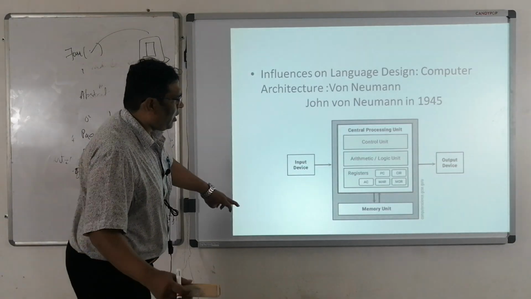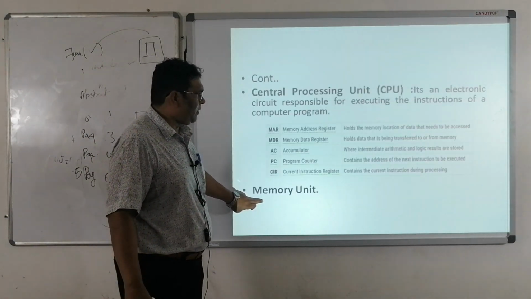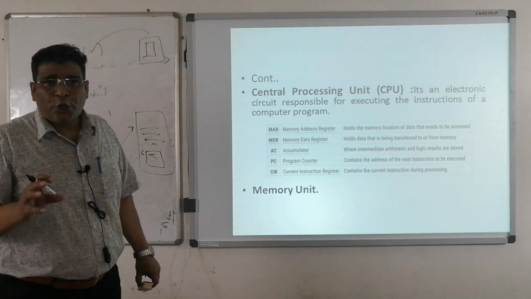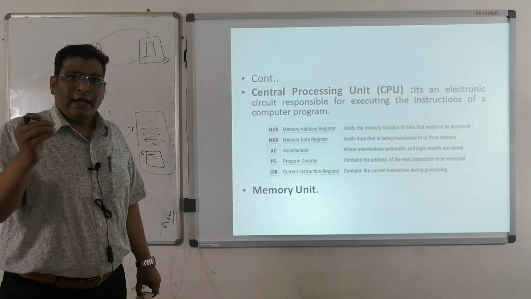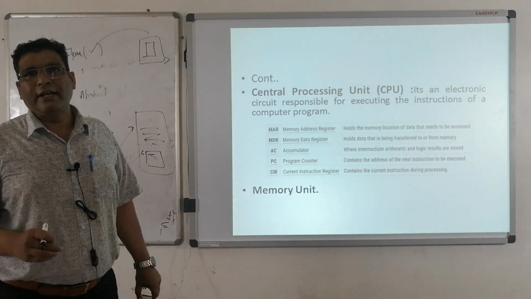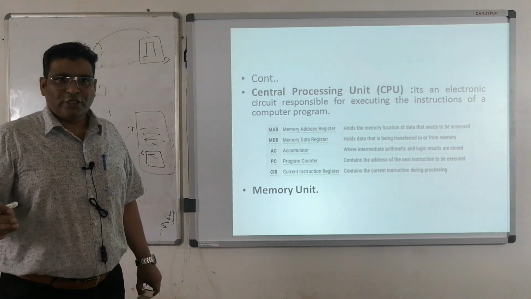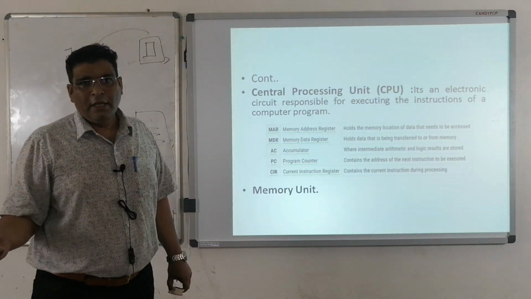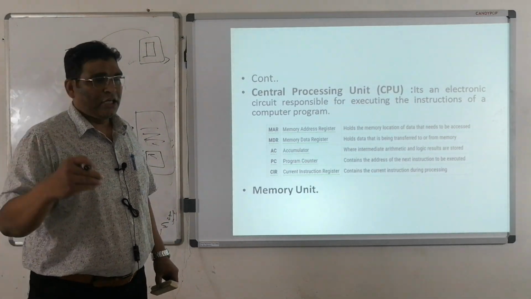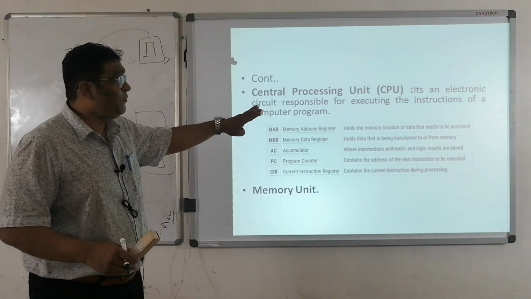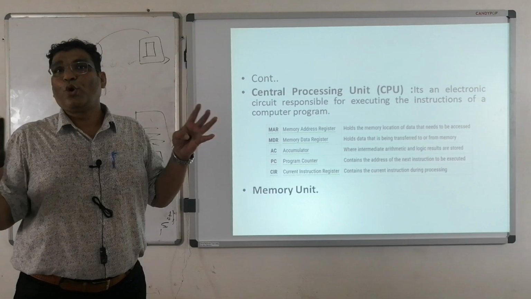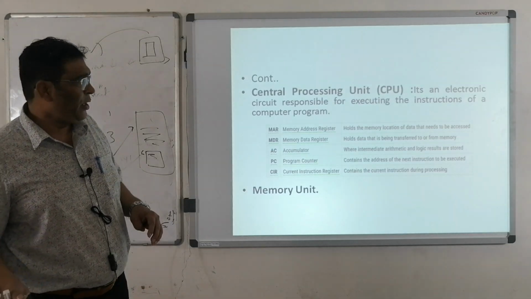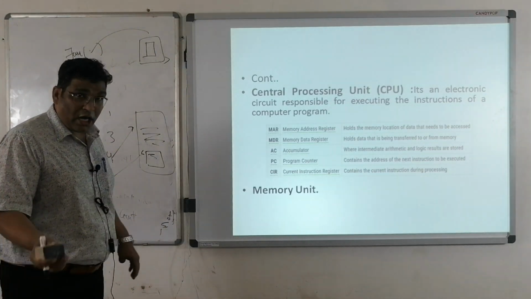Next slides will go to that. These are the inputs and these are the outputs. Now let's move on to the central processing unit. A central processing unit is nothing but what controls your computer. For example, if you are taking a class, the concerned faculty is there to control the class. There is a college, the principal is there to control the college. There is a department, the HOD is there to control the department. The control unit is an electronic circuit responsible for execution of instructions in a computer program. What are the programs in the computer? This is the main process which says which programs are going to execute. There are 4 types of registers which are used in that.